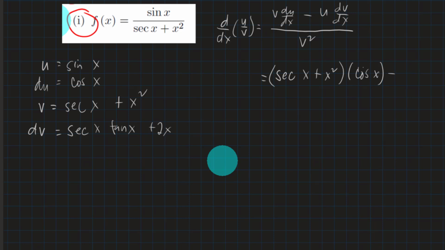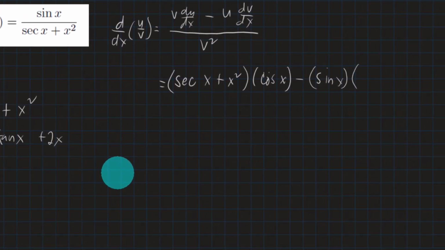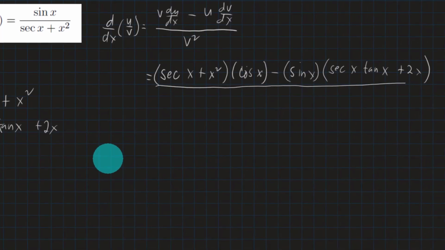Minus u, which is sine x, multiplied by the derivative of the denominator, which is secant x tangent x plus 2x all over secant x plus x squared quantity squared. So that is equal to,